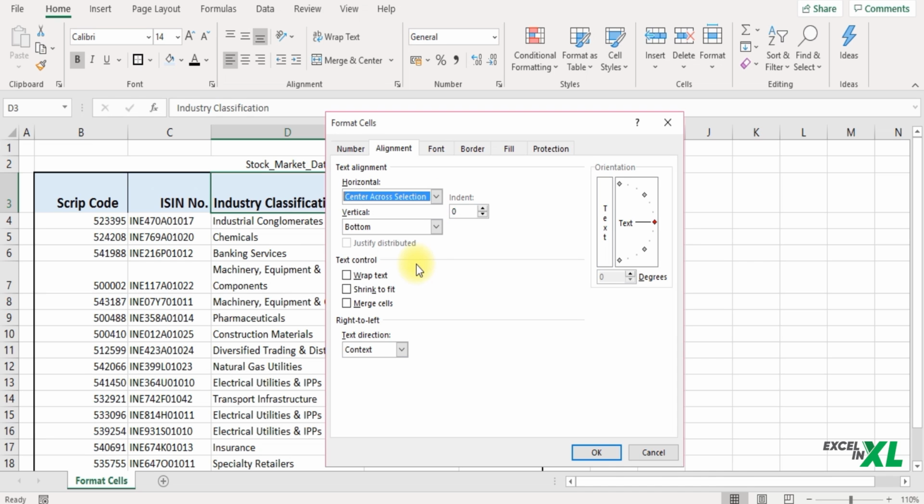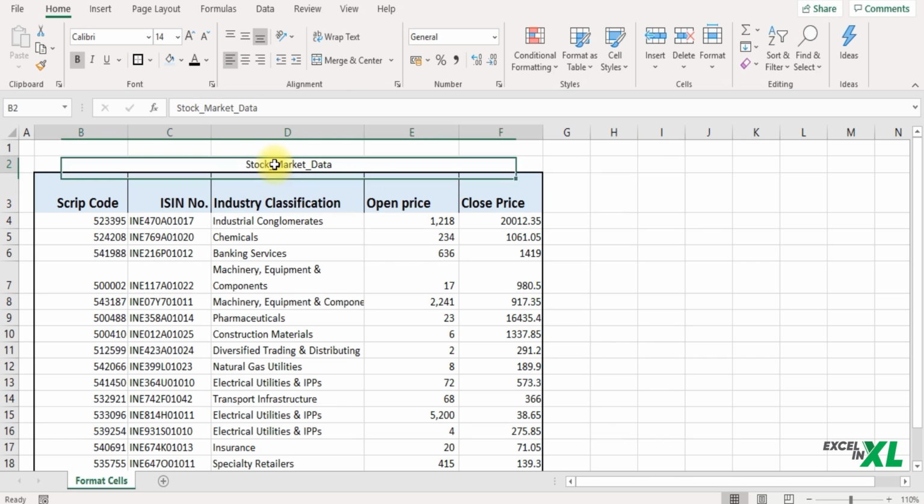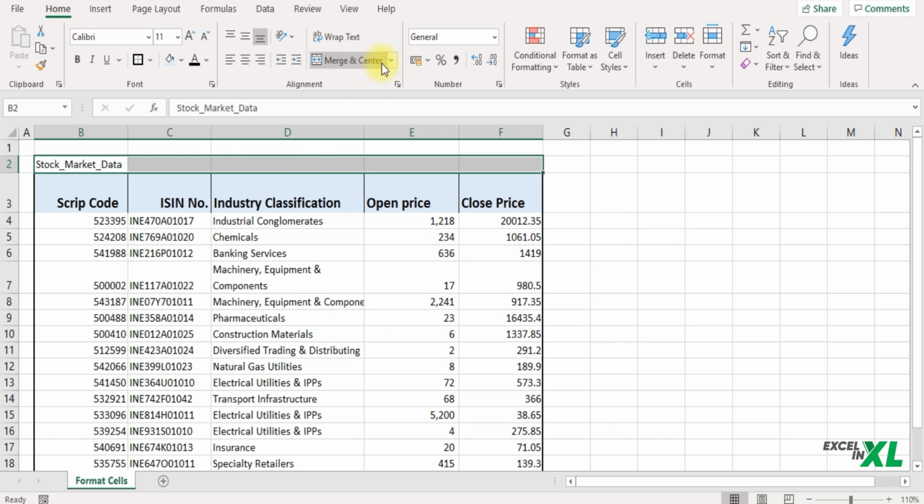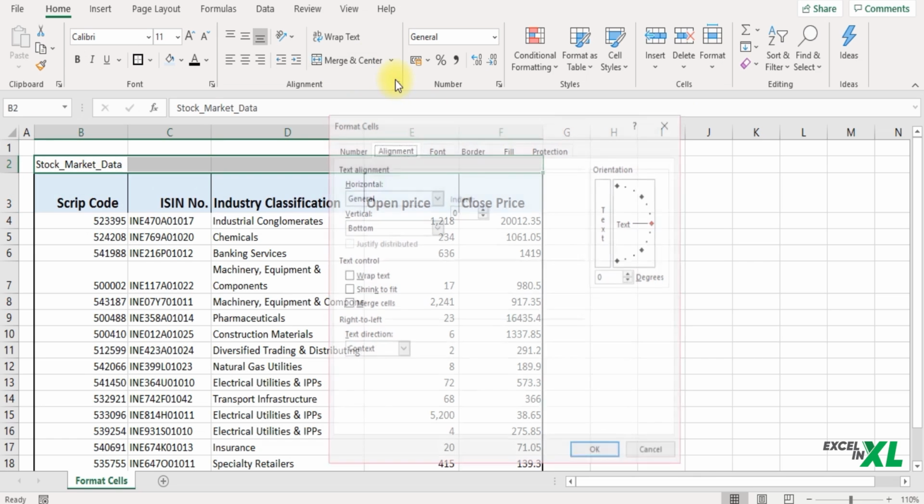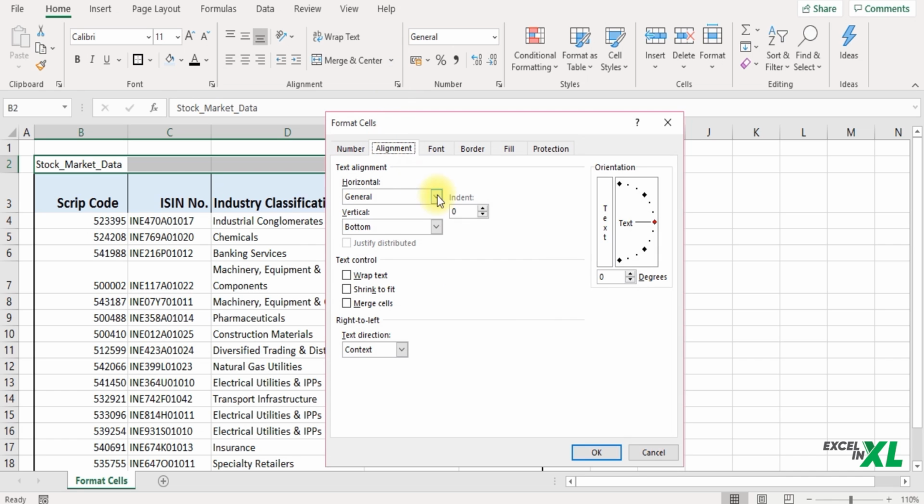Now this is a very useful option when you have a title and you want it to appear in the center, and also you do not want to merge the cells. Let's say I unmerge the cells and I select where I want to center it. I go to the alignment option in the format cells dialog box, click on center across selection and click OK.